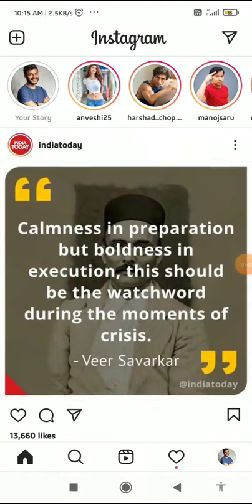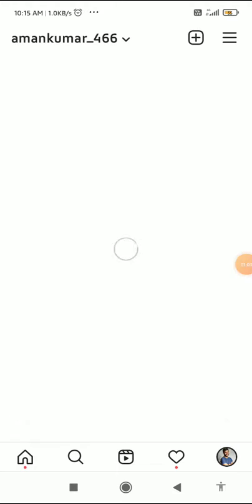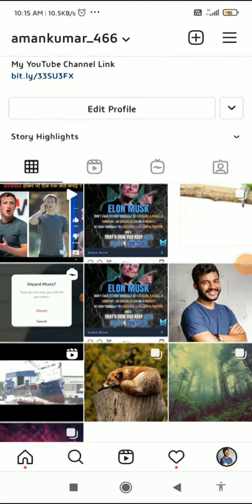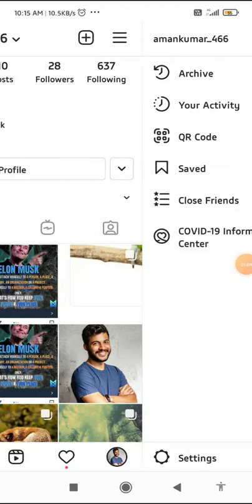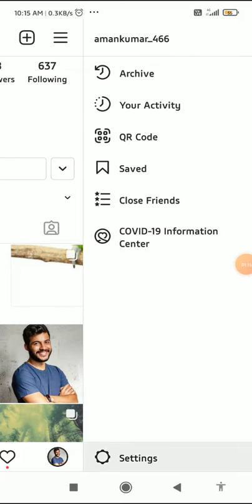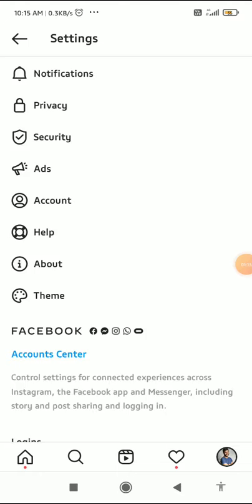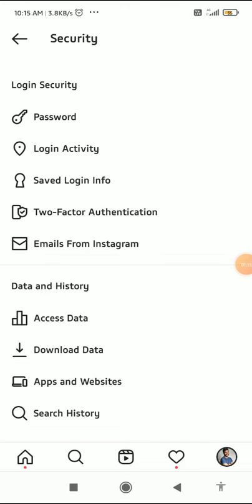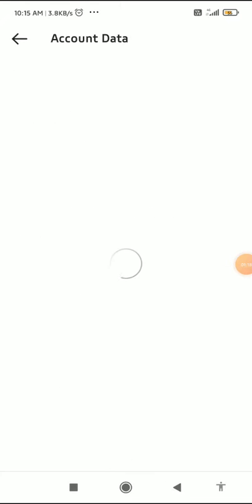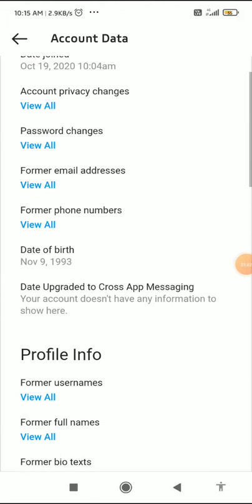The second way is you have to go to the three horizontal lines in the top right corner, then go to settings, and then in security you have to go to access data. When you click on access data, you come to this page, and here you can see